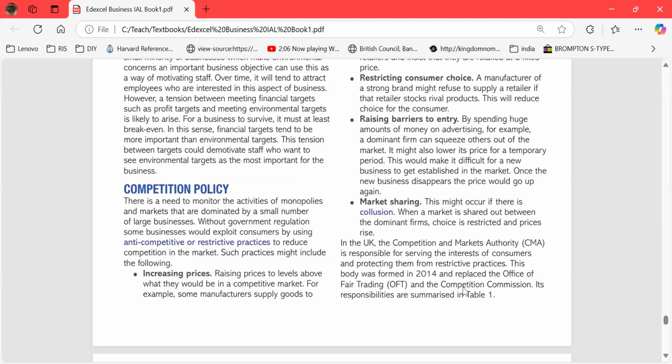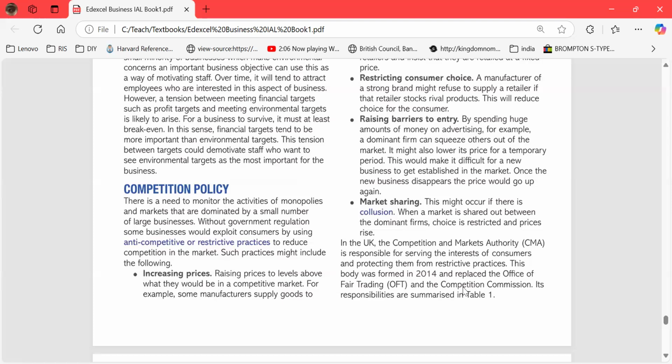So first of all, some anti-competitive or restrictive practices are mentioned over here. There are some examples. These activities are done by some businesses which aim to restrict competition in the market. It discourages and prohibits new entrants in the market, and also discourages the existing competitors. Like the dominant firms try to dominate the market by themselves. They don't want much competition, but the government wants it. So these practices are illegal. If the government finds out, they'll take action.